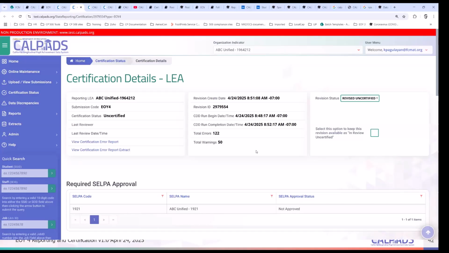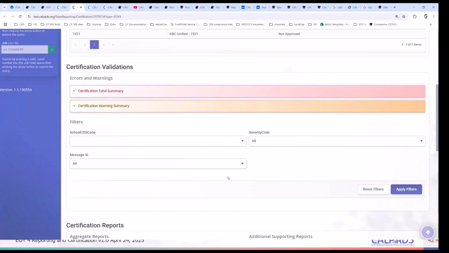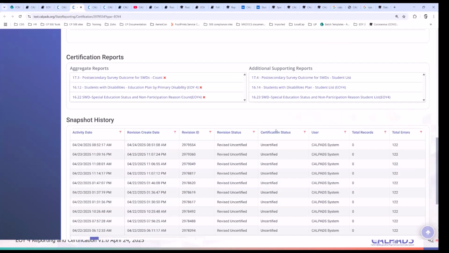The snapshot normally would need to make sure that there is existing data or changes, and of course it will only run if it detects idleness in the system. At least for your LEA, it picks up the data and runs all of these validations and presents it into a revised and certified status, right? So based on this snapshot revision, you have here the reports that you will be reviewing.